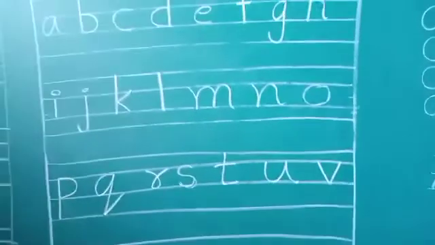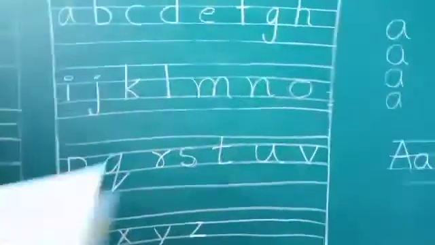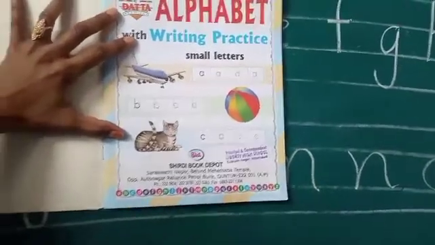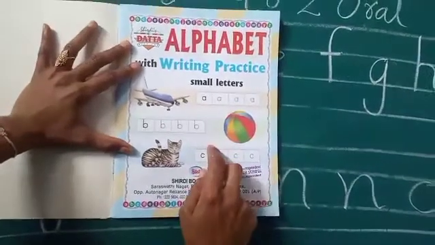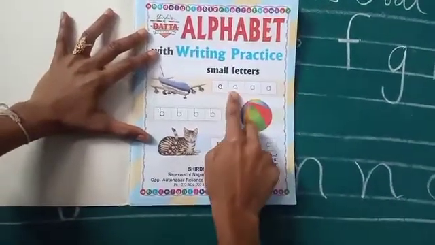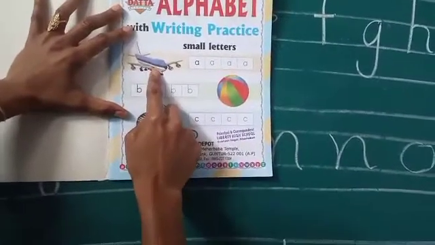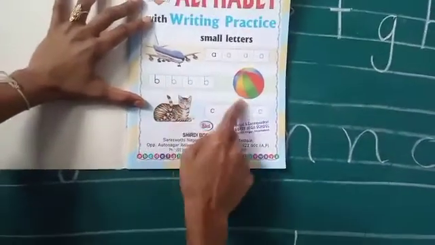I want to show you a textbook. Small letters textbook. Okay. See here. Capital letters also in the textbook you have to write, and small letters also you start with the textbook. Writing practice today you practice, later practice, tomorrow onwards you will start with this one. Okay. Small letters. See how the dots go up. A for aeroplane, B for ball, C for cat. Like this, dots up you write here.